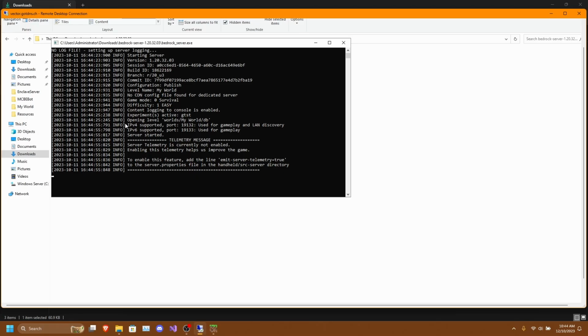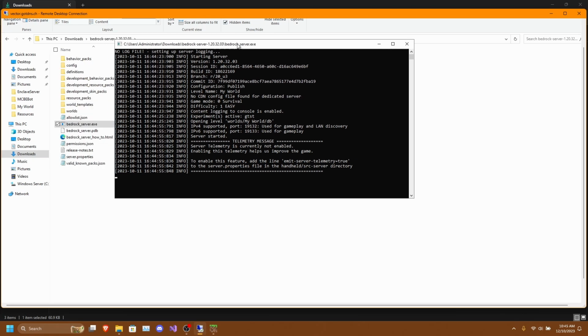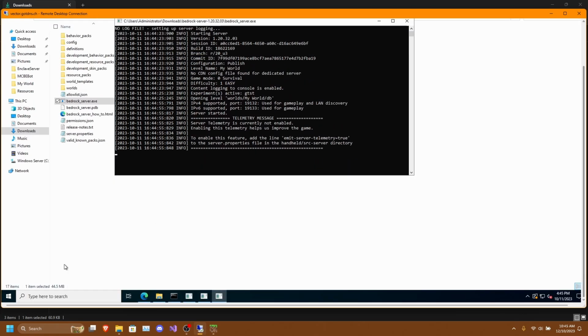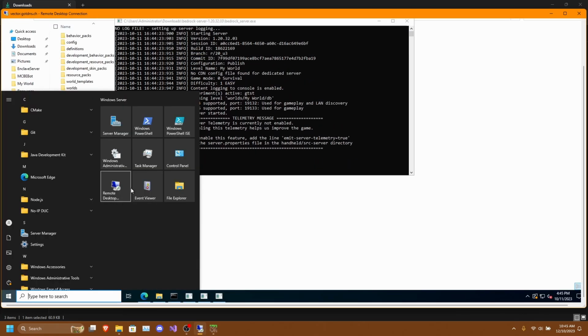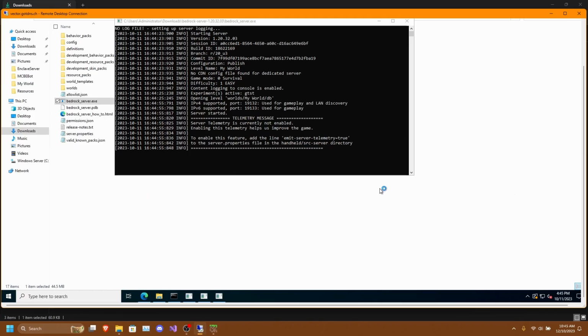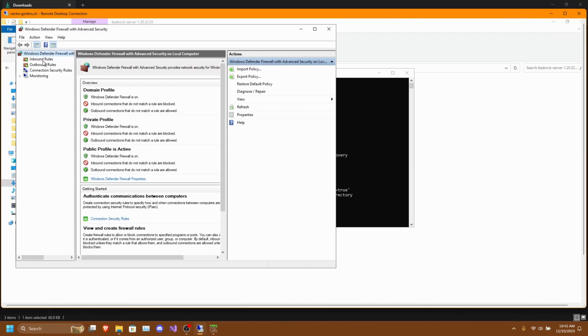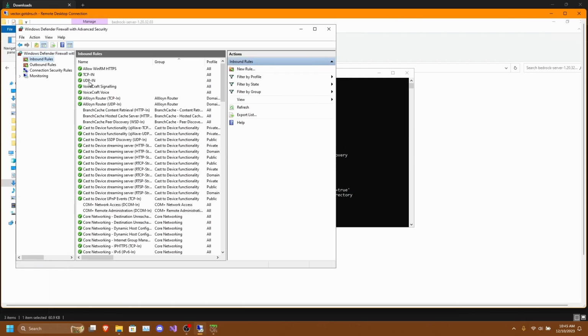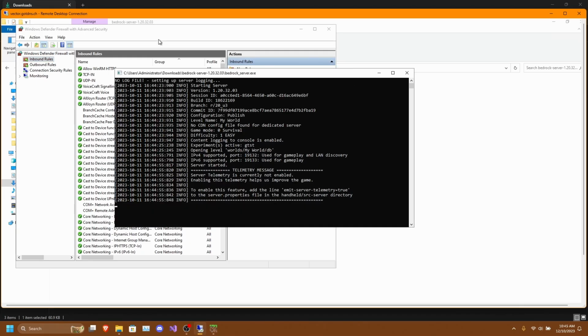Once your Minecraft server has started, what you need to do is open up Minecraft and connect to the server. But if you haven't port forwarded your Bedrock server, you will need to go through the same setup that we did in the first section of this video, which is to open Firewall. Then we need to port forward UDP, since Minecraft Bedrock uses UDP.